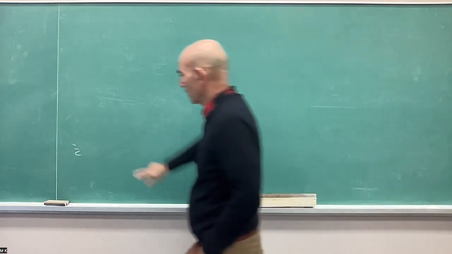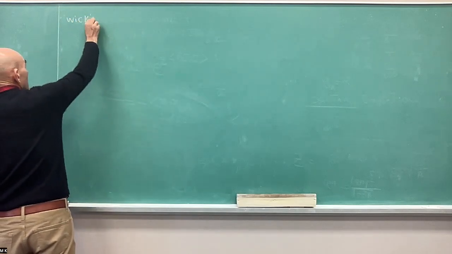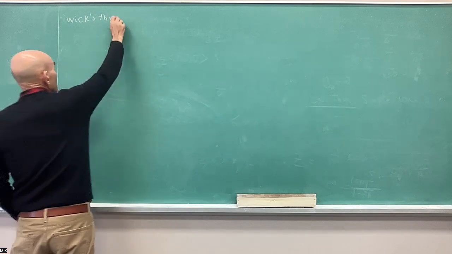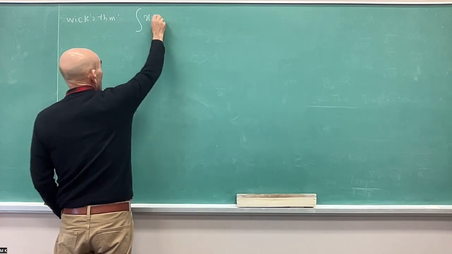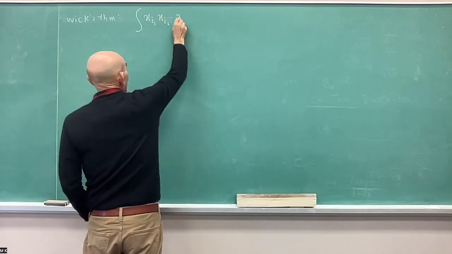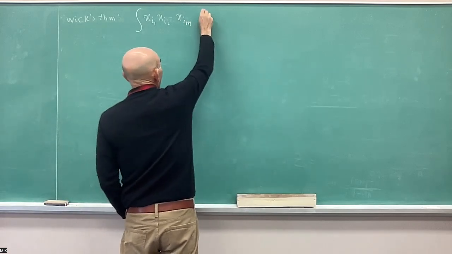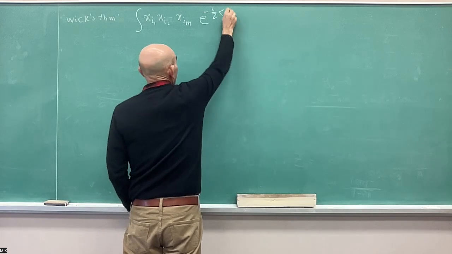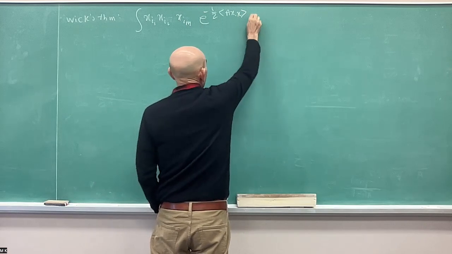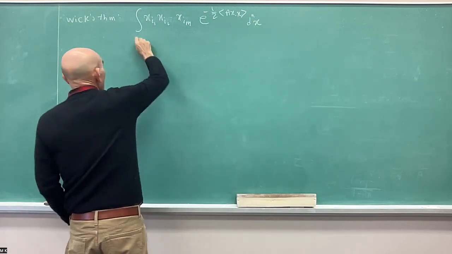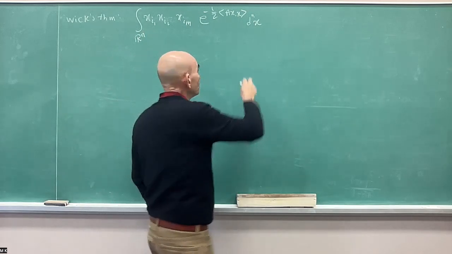Wick's theorem in general just says that the integral over R^n of x_{i1} x_{i2} ... x_{im} times exponential of -1/2 x A x dx is equal to 0